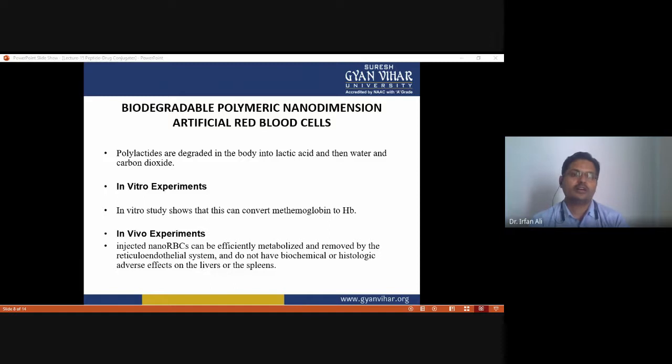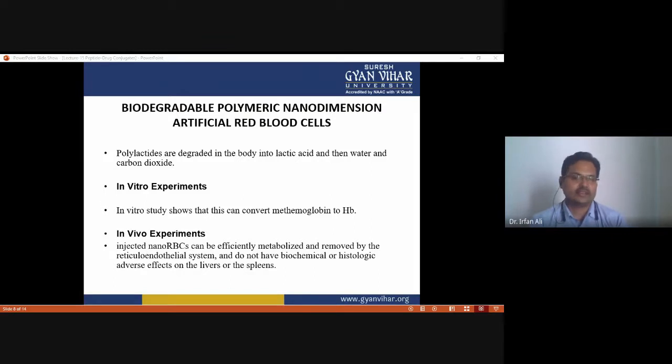Okay, so in vitro experiments show that bovine hemoglobin in these nano-dimension artificial RBC has the same P50 value, Bohr and Hill coefficient as compared to normal RBC, and the content of hemoglobin can match that of RBC. One can extract the whole content of RBC and then nano encapsulate this extract, and additional enzymes can be added to the solution before the nano encapsulation process begins, and thus additional superoxide